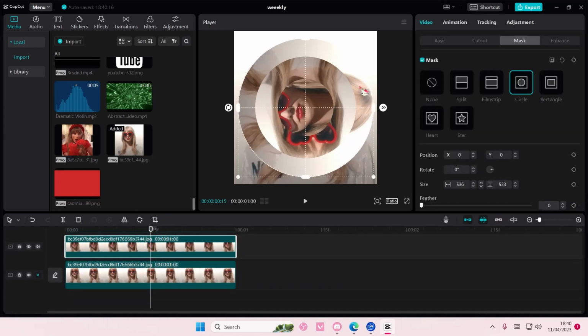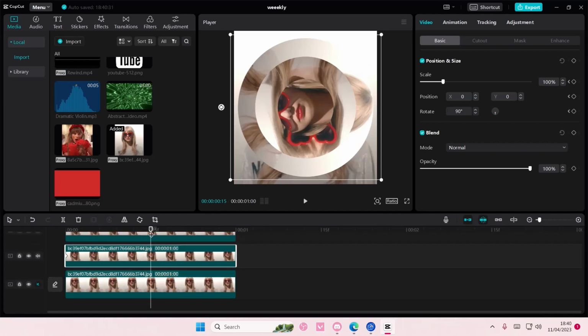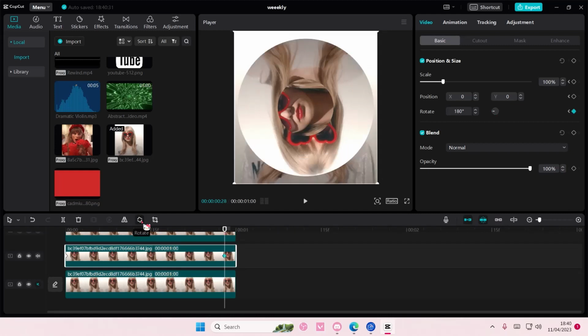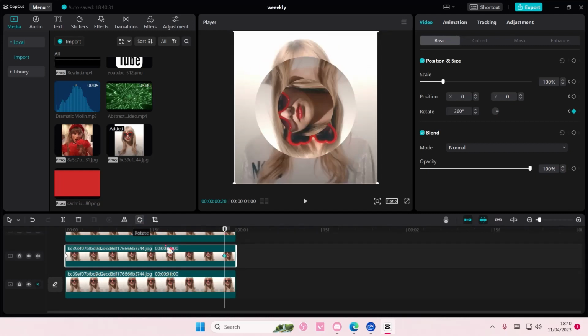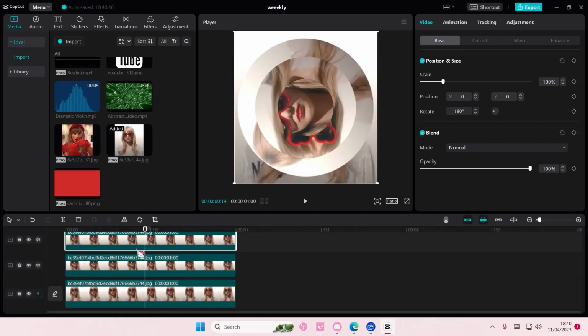So on the first mask, which is this one, I'm going to go back to basic and add a keyframe here, then kind of in the middle or at the end. It's totally up to you where you want to place the placement, I guess. So here, maybe like here actually, I'm going to rotate it the normal way again,